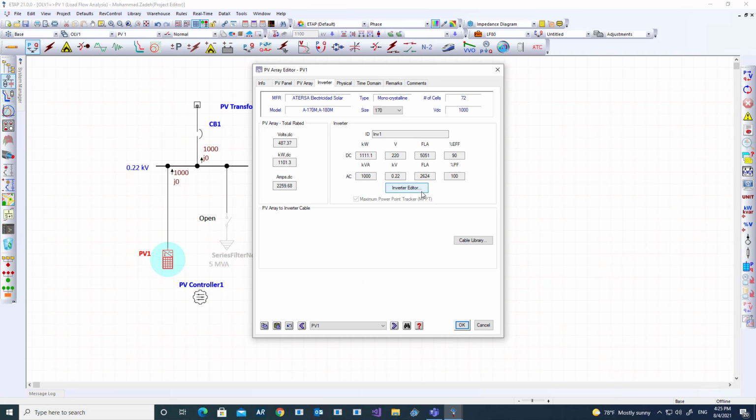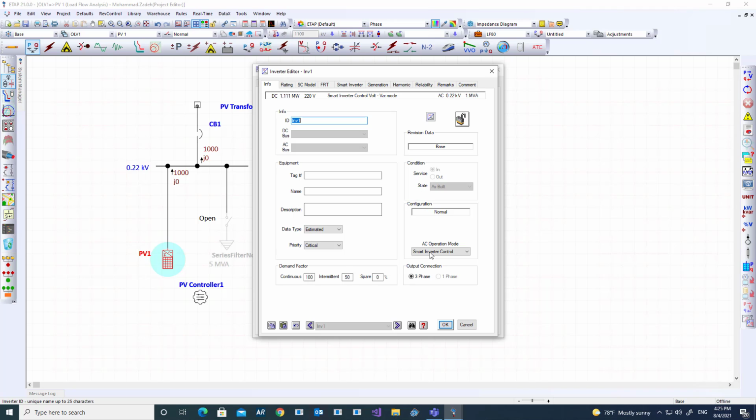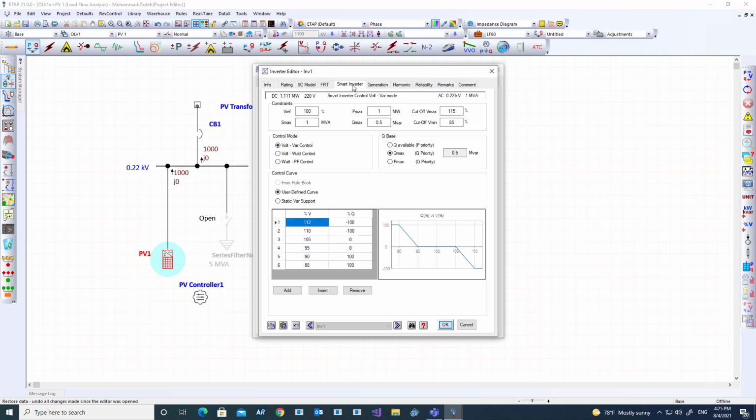The major difference between the smart inverter and the regular inverter: first of all, you can select it here. If you select swing, voltage control, megawatt control, or power factor control, it's going to be a classical inverter like we had for many years. And you can also select a smart inverter. When you select smart inverter, the smart inverter page will show up. The major difference is that the classical inverter is like a generator. If you have a P and Q, it's going to have a fixed P and Q, or a fixed P and voltage set point, or P and